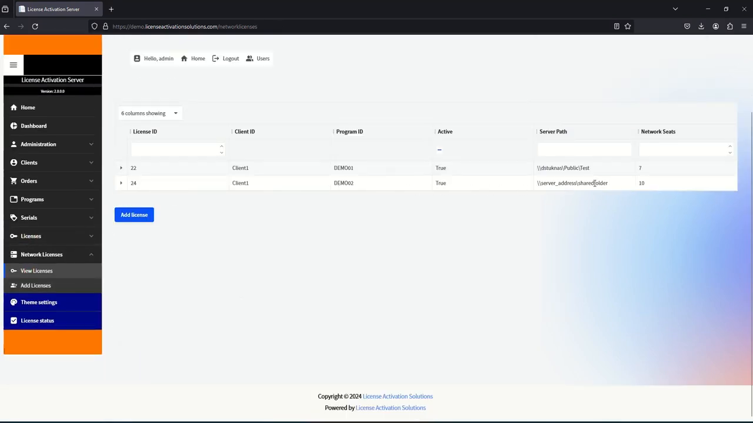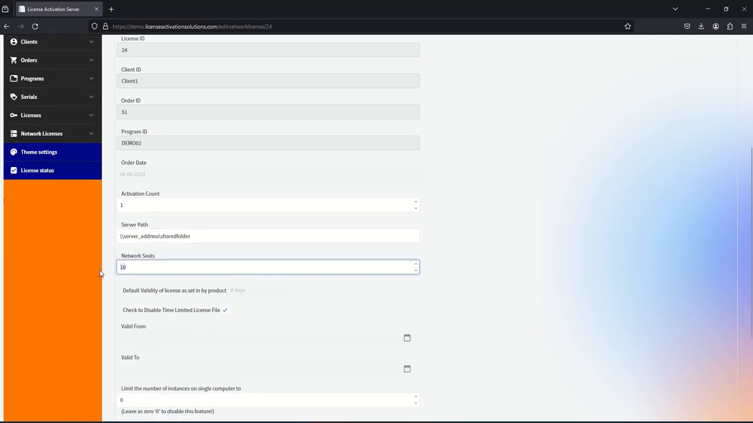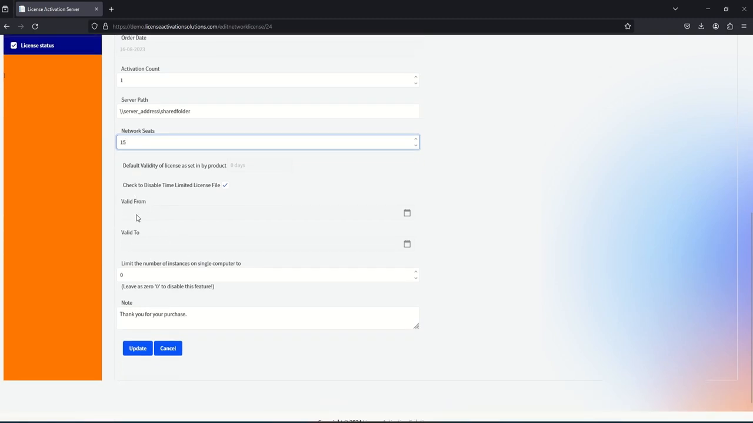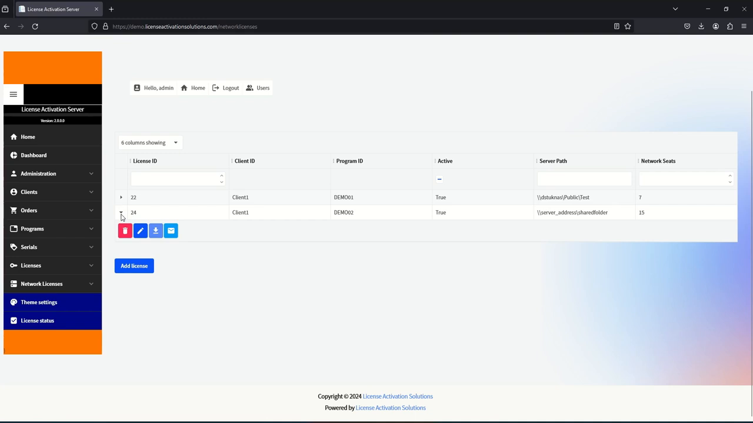In the license view page, you can download a license, edit it, email it to the customer or delete it. The Edit Network License page allows you to make changes to the license and regenerate it. You can delete a license by simply clicking on the Delete icon button under the Actions section corresponding to the